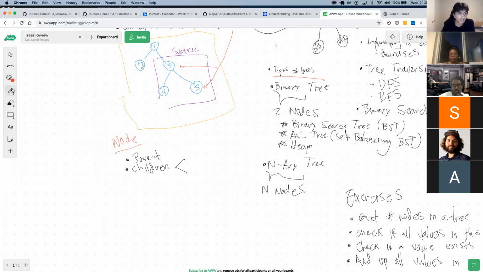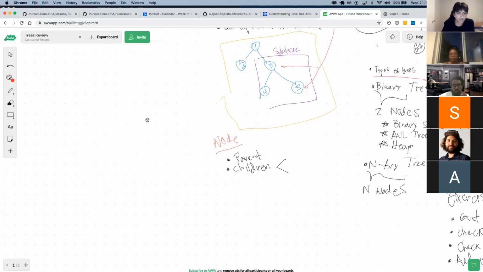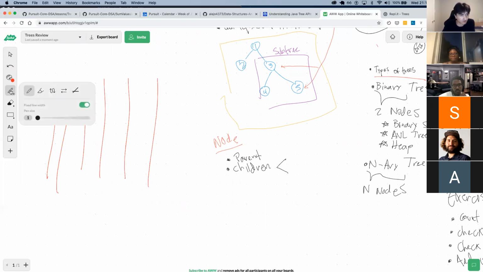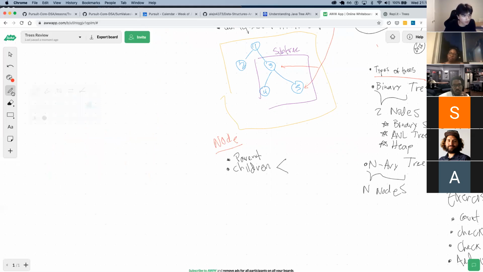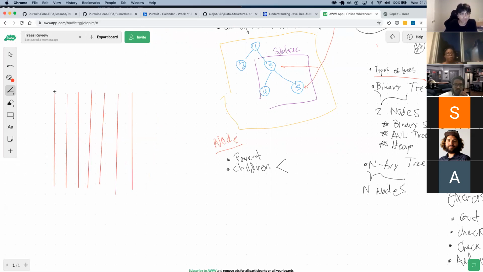If we could, for some reason, look at the memory, and we had a grid here that represents our memory, imagine this is our memory.